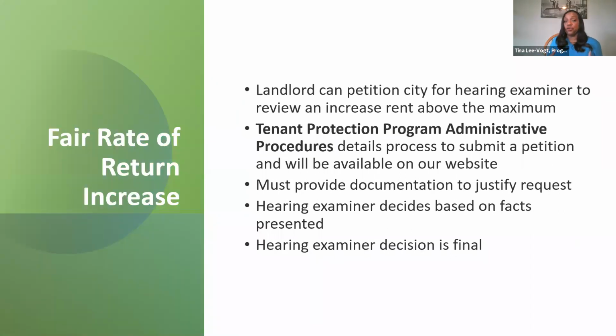We understand that there may be some situations where the landlord feels it's appropriate to go above the maximum rate, and we understand there are certain circumstances where that would be appropriate. So we do have something called a fair rate of return process. The landlord can petition the city for a hearing examiner to review a rent increase that's above that maximum. And we're preparing Tenant Protection Program administrative procedures that'll detail the process to submit a petition, and it'll be